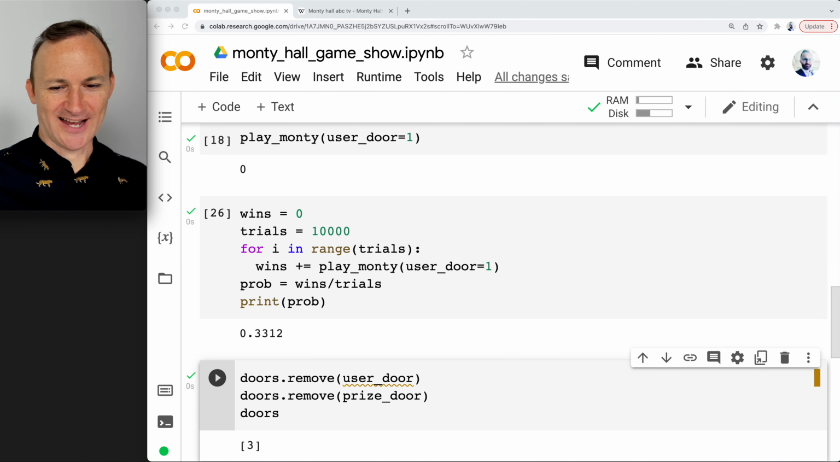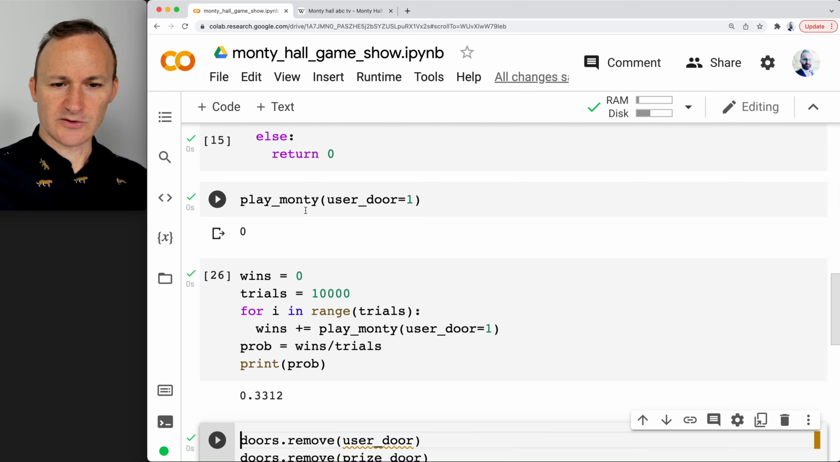Okay, it is time to finish the Monty Hall game show. Congratulations if you were able to do it. If you had a little trouble, you're in good company. I'm going to show you how I did it. There are a lot of ways you can do it. So, if you did it differently, see if you can use what I did to do it a